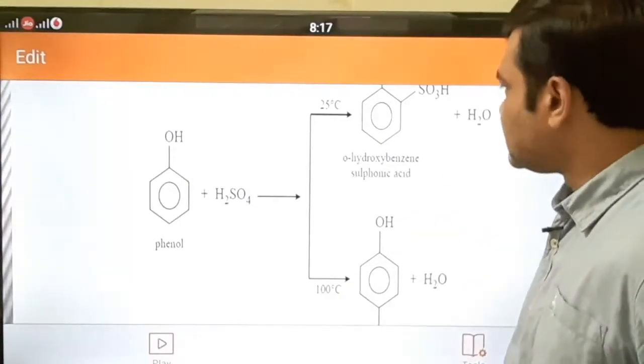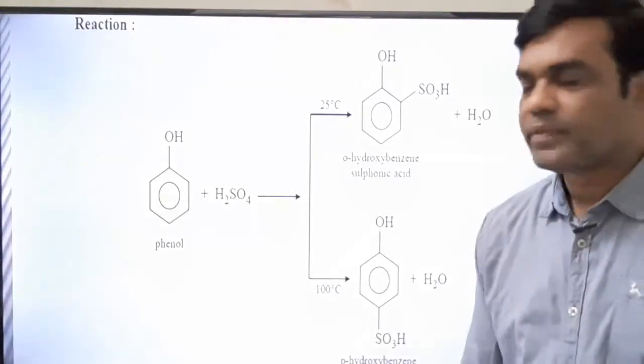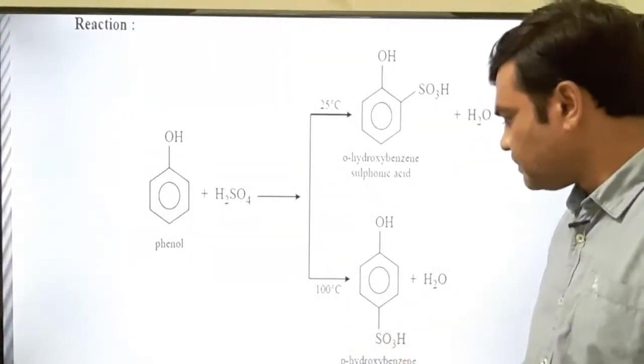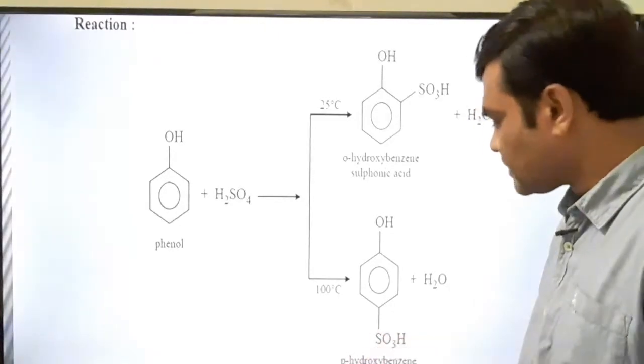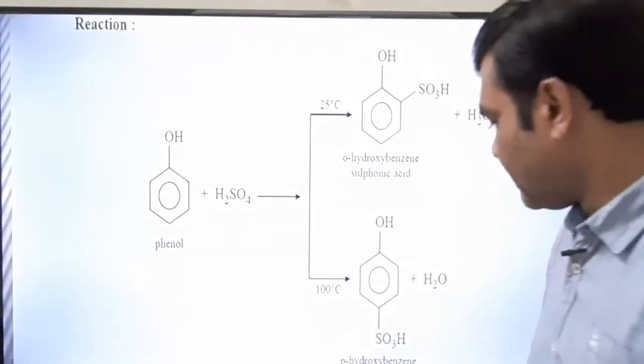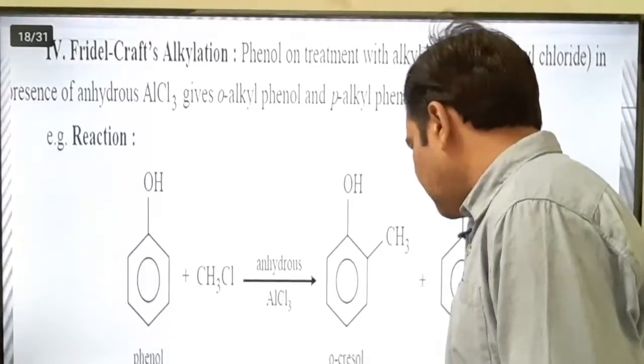At 25 degrees Celsius we get ortho-hydroxybenzenesulfonic acid, the kinetically controlled product, and at 100 degrees Celsius we get majority para-hydroxybenzenesulfonic acid. That is the thing you have to remember about sulfonation. After that, next